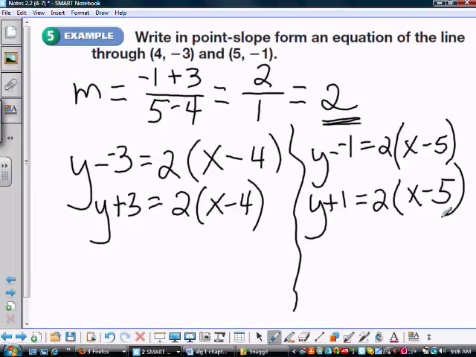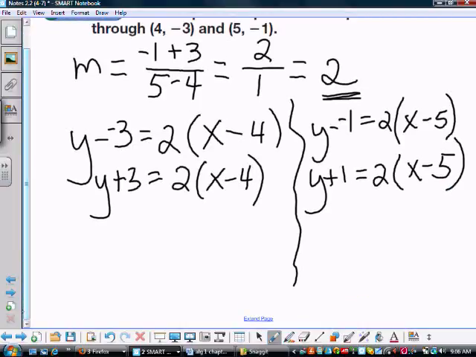But these look like 2 different equations. Do you think they are? Let's write this one in slope intercept. So y plus 3 equals 2x minus 8. Subtract 3 from both sides and